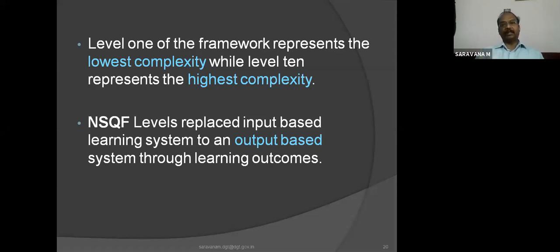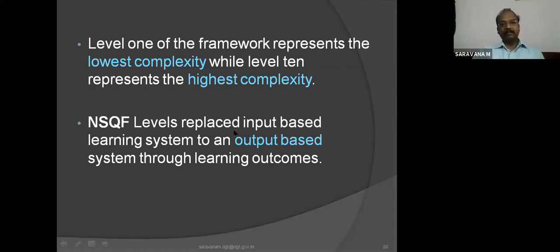Level 2 is also like that. Level 4 and level 5 are all ITI courses. See, level 4, we have discussed already, is all non-engineering courses. Level 5 is all engineering courses, 2 years courses. After successful completion of the course, he is competent enough to perform that skill. So we are certifying like that. Our NCVT is certifying like that, from the lowest level to the highest level, the lowest complexity to the highest complexity in NSQF.